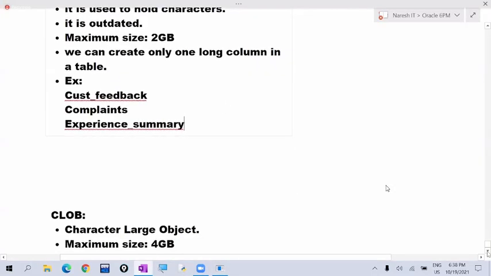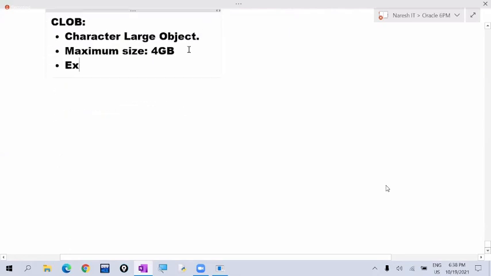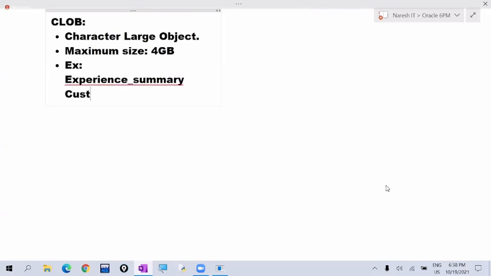So we use this CLOB data type to hold maximum text, like experience summary, customer feedback, customer complaints or customer review. So don't go for long data type.